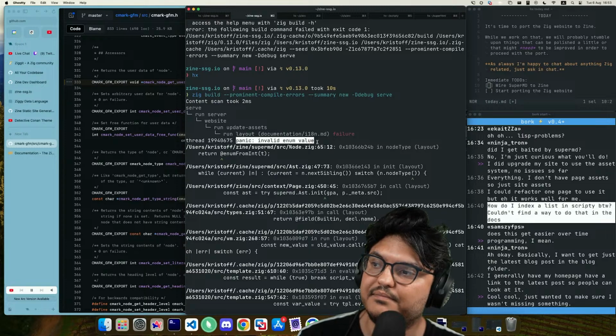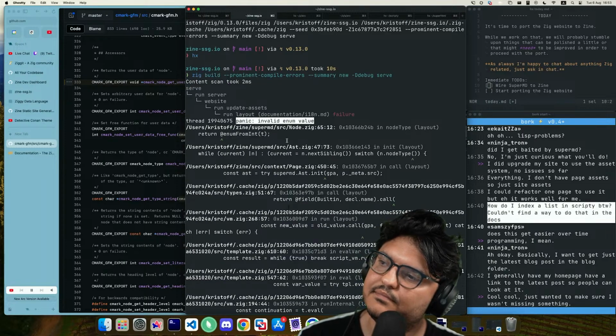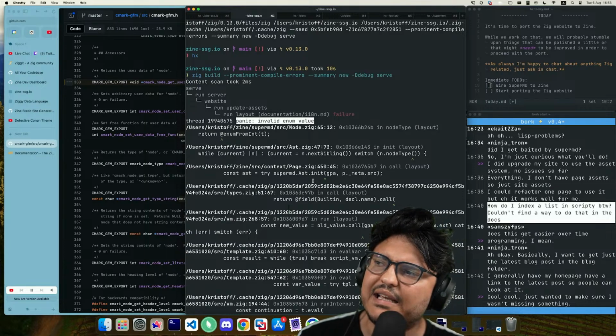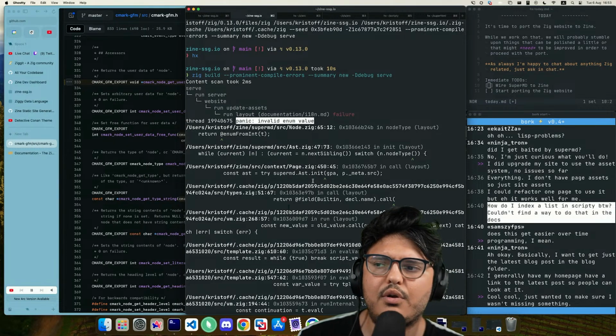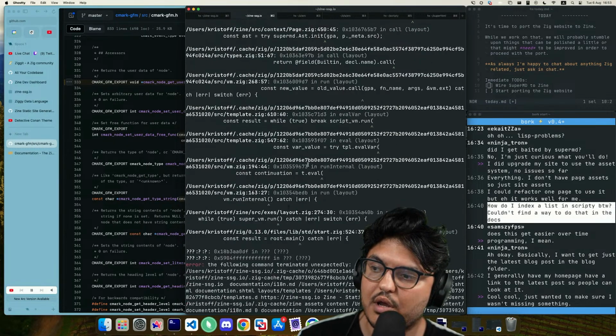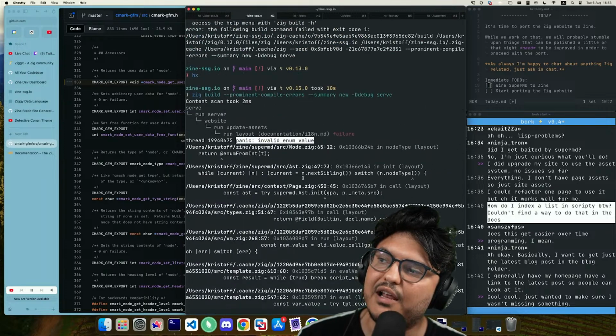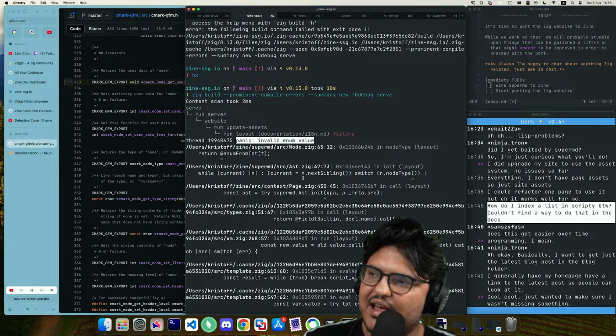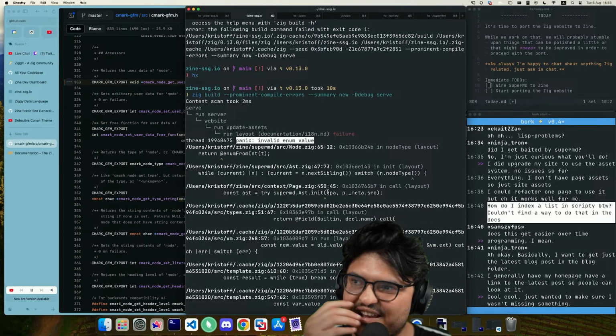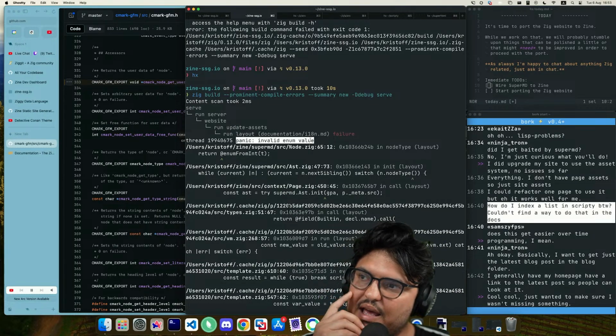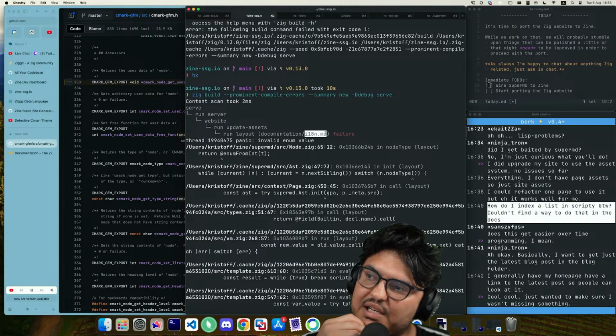Well, fuck. Invalid enum value. Invalid enum value. That is interesting. Inside i18n.md.